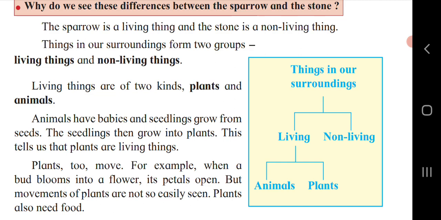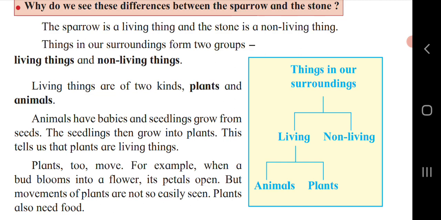Like this, living things are known as a person or a thing which is alive, which needs to take oxygen, air, water, food. These are the important things. Without these, we cannot survive. So, if you think about non-living things, they don't need any of these. They don't need oxygen, water, or any food item, as we saw with the stone.